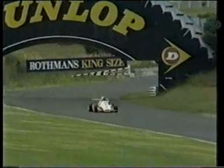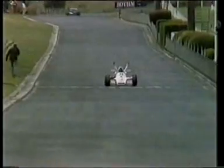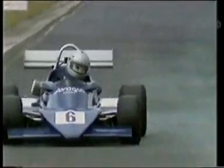Under the Dunlop Bridge for the last time, John Bow coast from here easily. A very fine win in a highly competitive formula. Oh, he's absolutely in raptures. Both arms in the air as he crossed the line, and there goes Richard Davison, and I wonder what he's thinking of right now. Famous name in motor racing in Australia, and yet another beautifully successful year to add to a fine record. John Bow stops by his pit. The mechanics